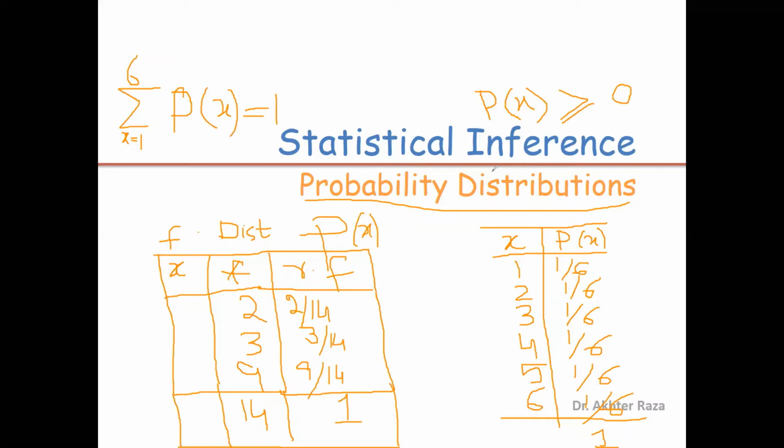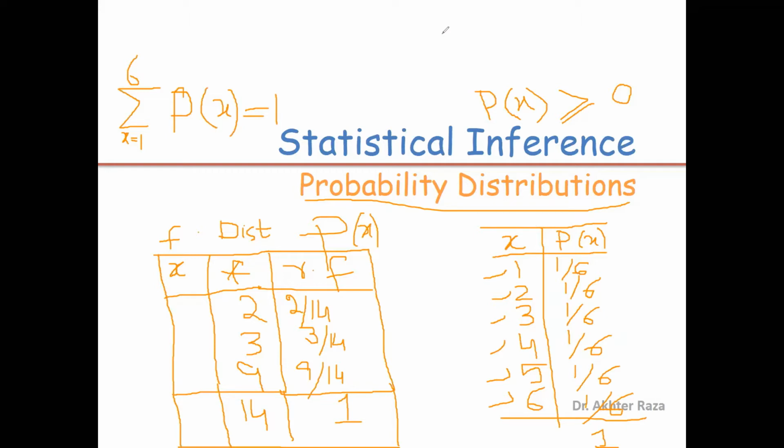Before the probability distribution, all of you are familiar with the concept of probabilities. We were computing the probabilities for the individual values separately. Now what we are doing in a probability distribution is accumulating all probabilities along with all the values of the random variable. This is known as probability distribution.